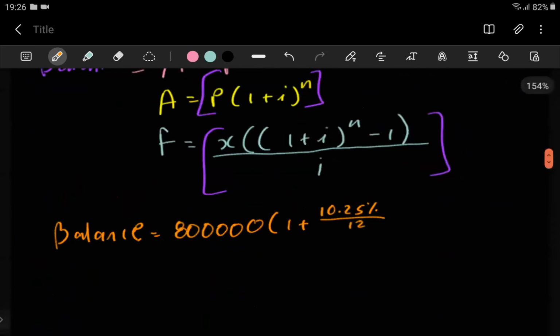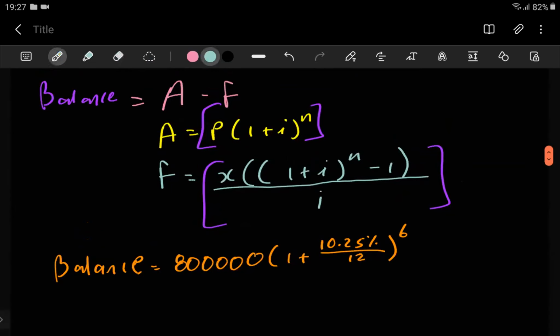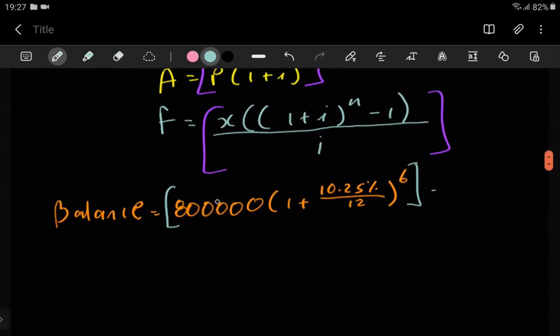And then what is the value of N? N is supposed to be 6 minus 1. And then, no, I did something wrong here. It's supposed to be 1 plus I to the power of N, right? That's your A. That's the A part. Yes, and then we're going to minus F now. So minusing F, we're going to have the